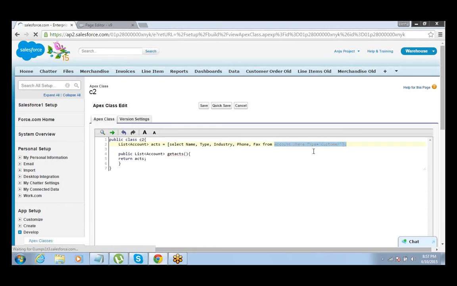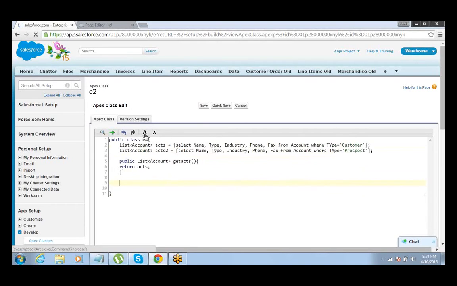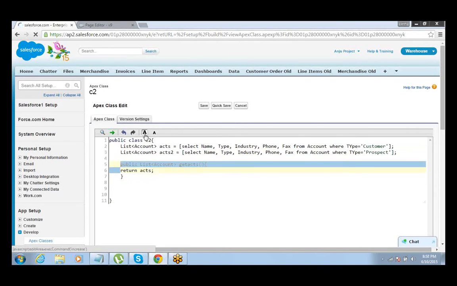And let's say I want to define one more variable for prospects. So I can say prospect. Yes, because it's a different variable, so you will need one more method to return the value of this other variable. Just write public list of account